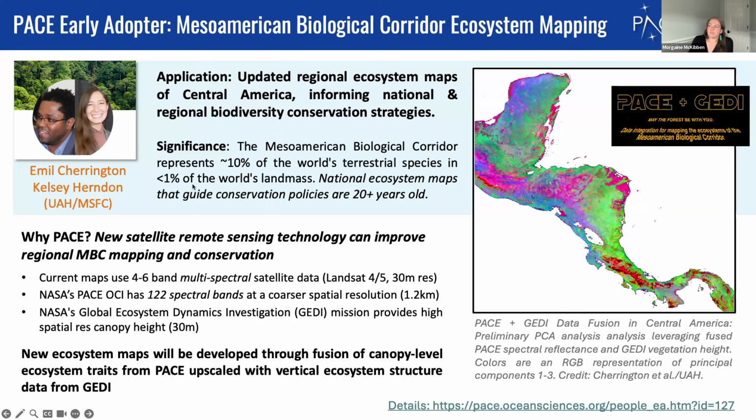And so basically in Central America, there's really high biodiversity. It's an area with huge biodiversity, and conservation is based on maps that were developed maybe 20 years ago using multi-band information. And so their project is asking the question, can we use advanced metrics from space to make better maps so that the conservation can be better informed? Can we update these maps with advanced data? And to do that,